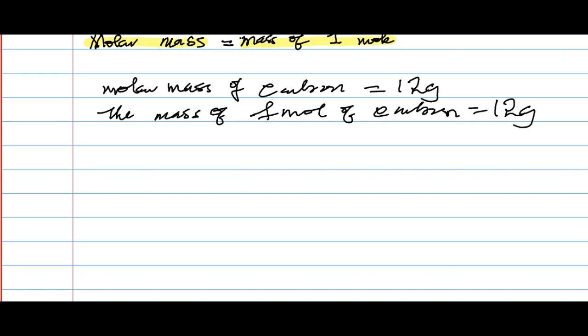Now let's relate mass, mole, and Avogadro's number. Let's relate them together now. Remember we said 1 mole of a substance contains 6.02 times 10 to the power of 23 particles of that substance. So if, for example, our substance is carbon, so we